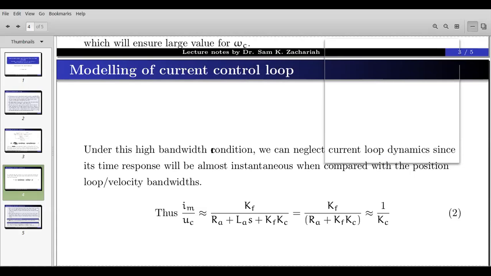Hello? Yes, sir. If you have a DC to the system, the inductor effect will be 0. If you are using an inductor in the DC system, only the transient response will be affected. The transient will be settling in the higher bandwidth, so it can be neglected. And this transfer function remains as this.